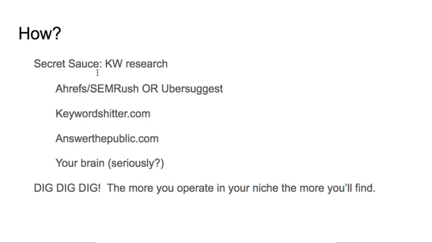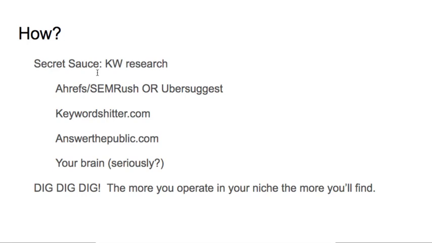Ubersuggest is good. I think it's costing money now as of like last week, but I think there are still a lot of free features there. So Ubersuggest is good. Here's the thing with Ubersuggest, though, I don't use it a whole lot. I think it's awesome. Neil Patel, I mean, for being free, it's great. It's not that the guy is altruistic, I doubt, but it's a really great tool. I'm not really sure how accurate the keyword difficulty score is. People who've used it might know better than me. I've used the Ahrefs keyword difficulty score, and it's not perfect, but it's half decent. I actually like it more than SEMrush too.